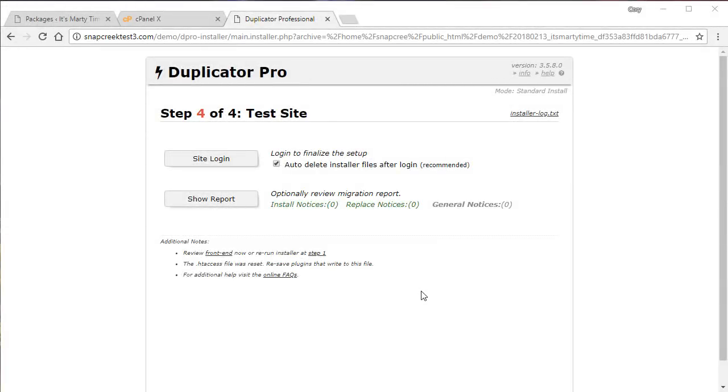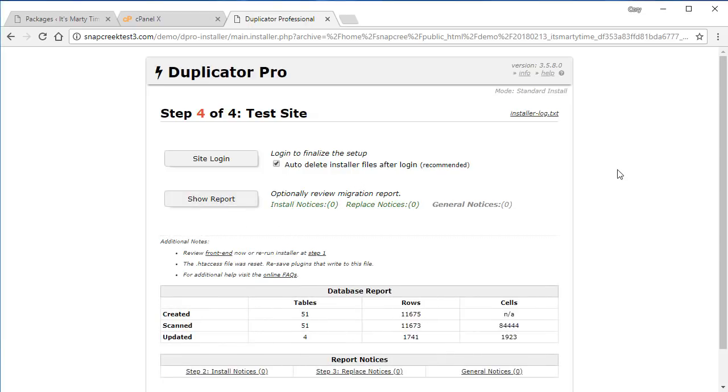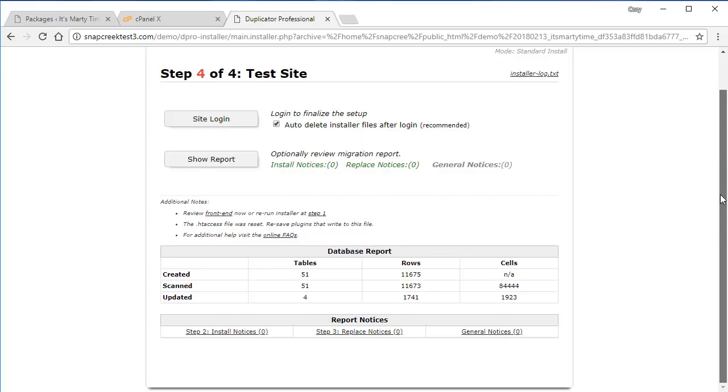So once you've arrived at step 4, your site should be completely installed. The only last thing that we're going to do here is log into our website and finalize the setup. But before we do that, we're going to show you a little information about the last step here. You can click on the Show Report button, and it will break down pretty much everything that happened